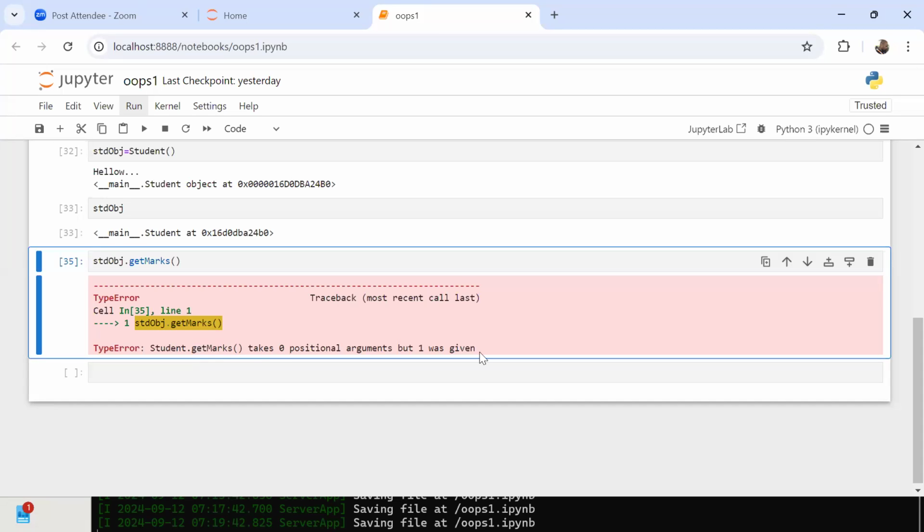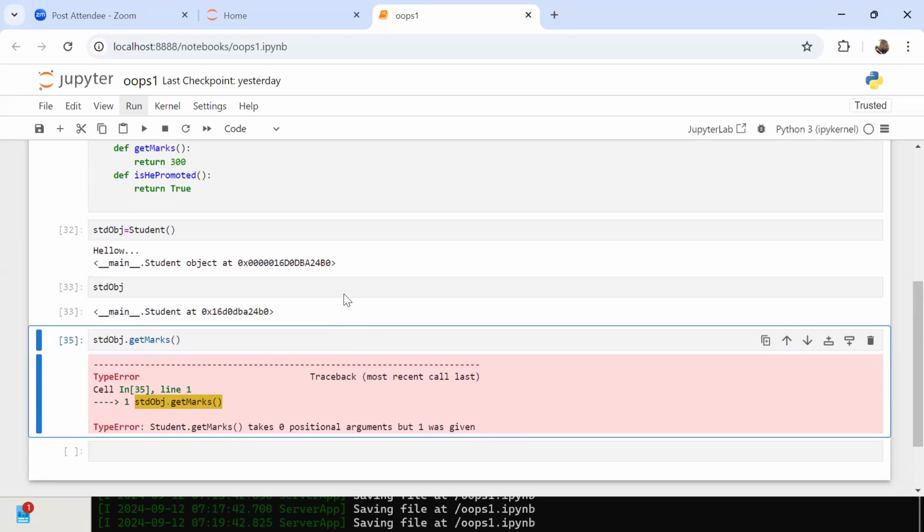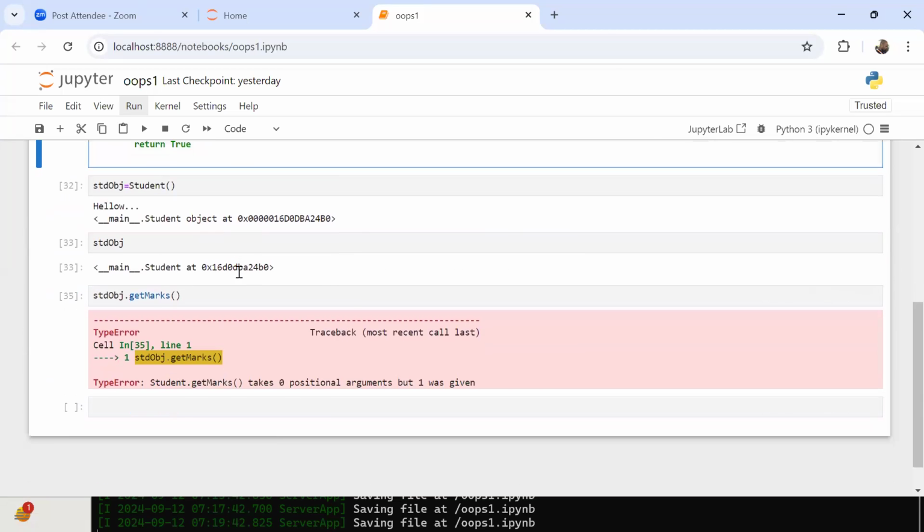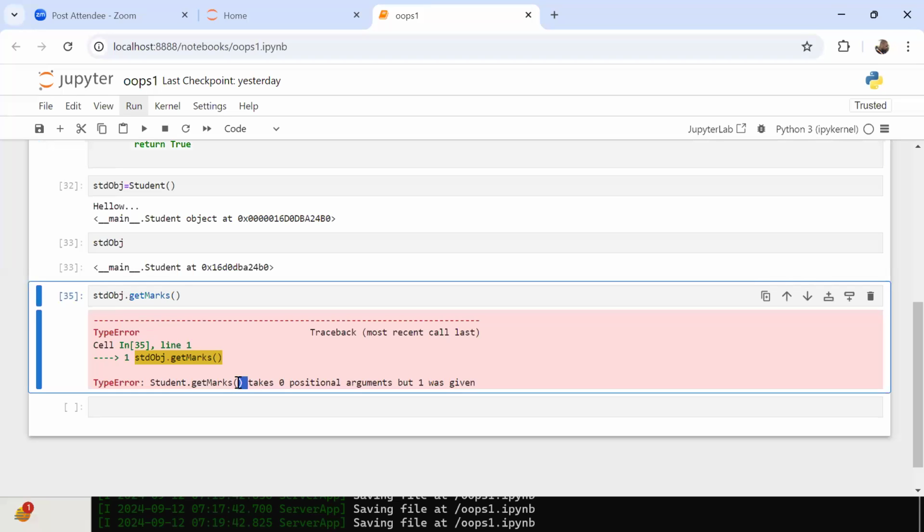What does it mean? Same story, right? Whenever you call a method in a Python class, they are going to pass one argument while calling that particular method or not? Yes or no? So what do you have to do then?